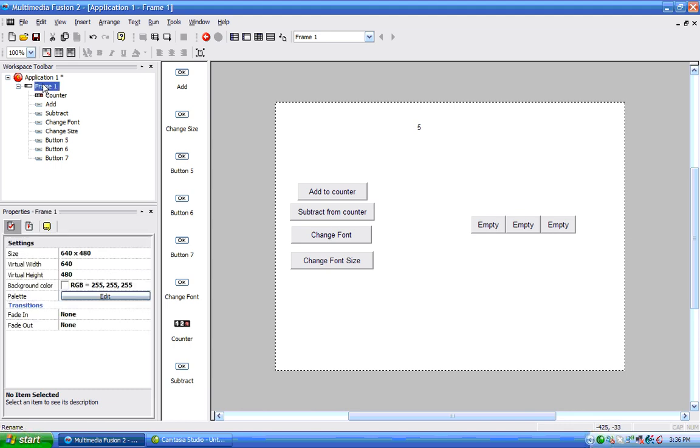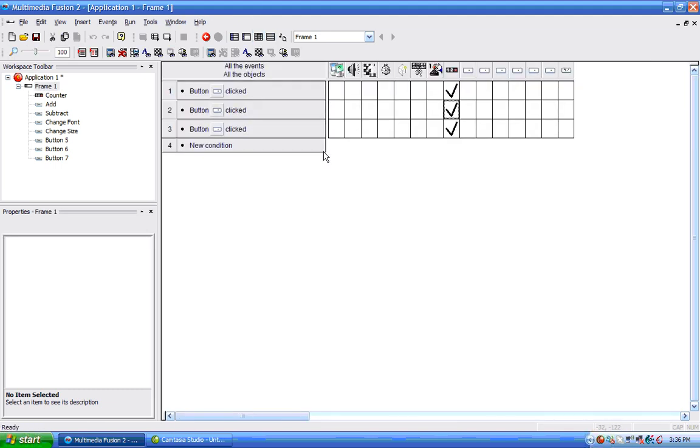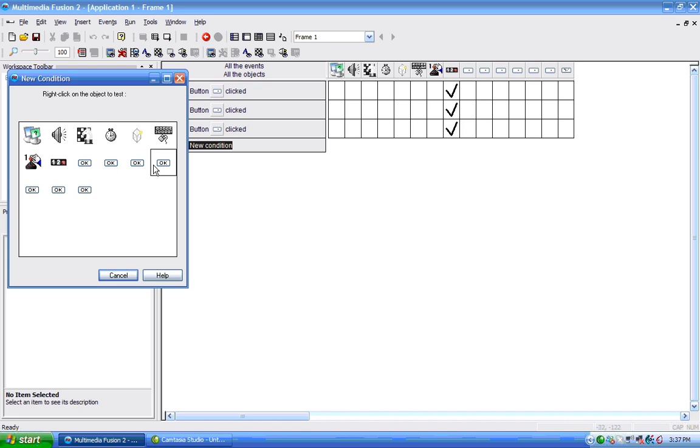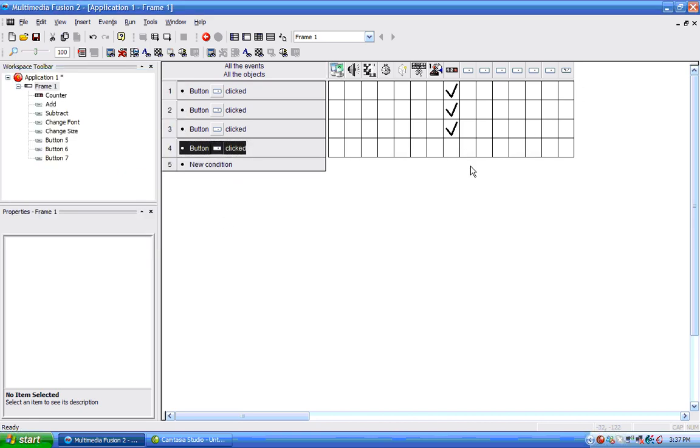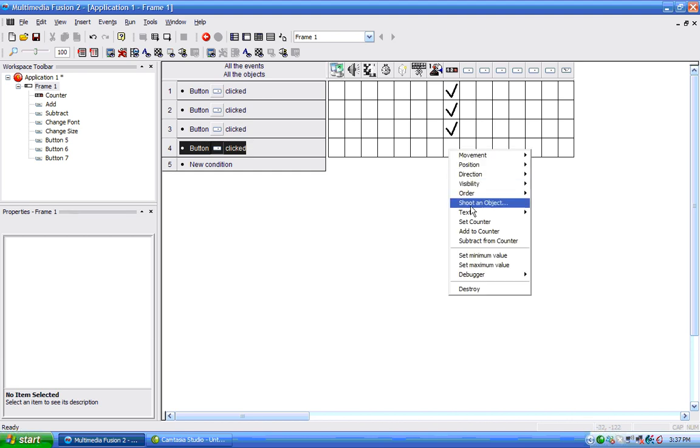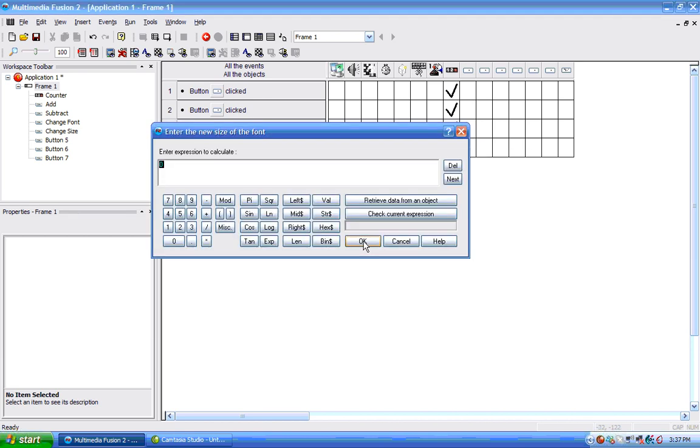Okay, and now in the event editor we can say if change size is clicked, then we can change font size, and let's put in a different font size. I'll choose 24. Now we can enter 1 to resize the object and 0 to keep current size. I'm going to put in 1,